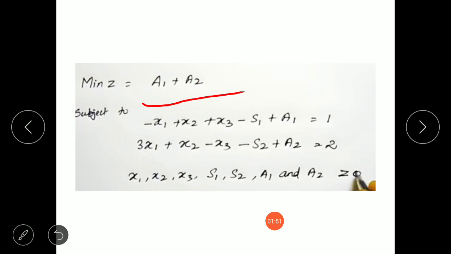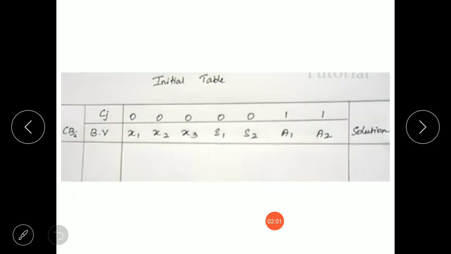So the coefficient of artificial variables will be 1, 1 in the Cj row and all other variables will have 0 coefficients. All other variables have 0 coefficient and only artificial variables have 1, 1 coefficient, as only artificial variables are present in the revised objective function.